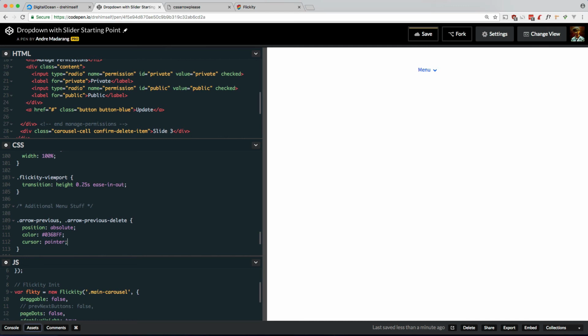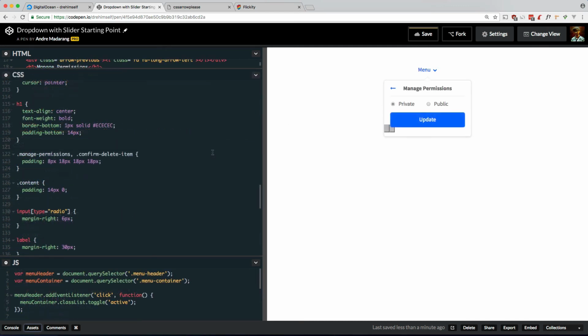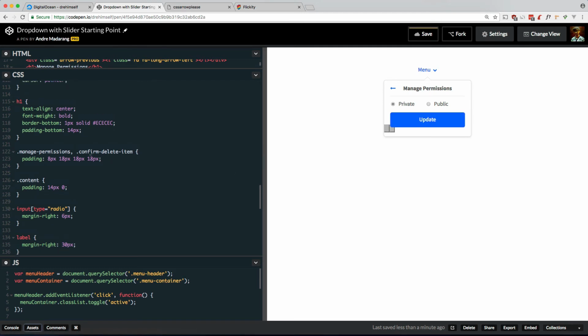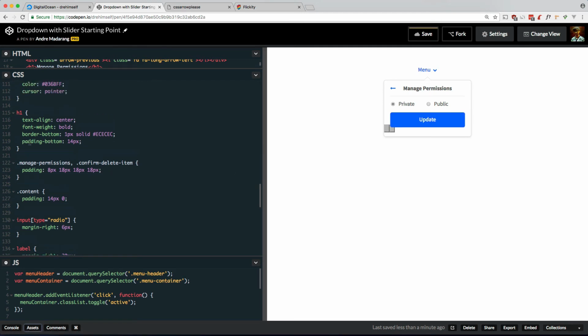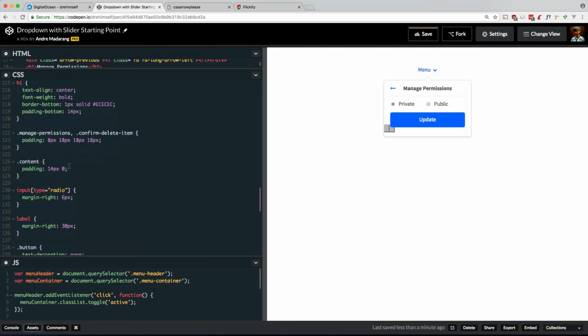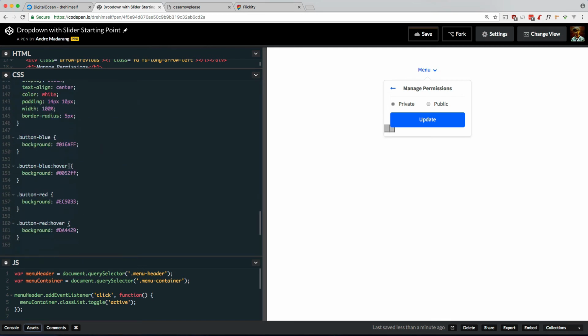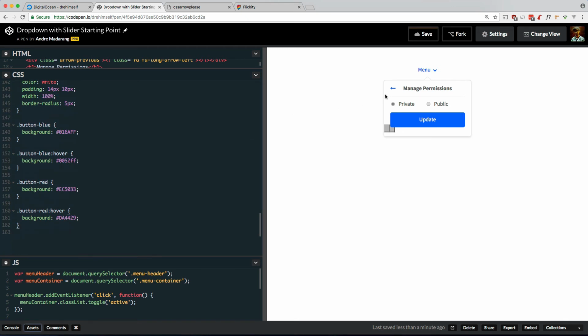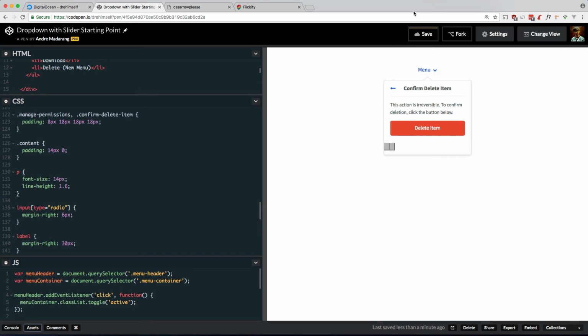Okay. So I don't want to make you sit through that CSS. So here's the end product here. It's pretty straightforward. You can just go over the code here. And I'll make the code available definitely on CodePen. I'm going to pause it again and I'm going to work on the other menu. And here's the end product for the delete menu. So the next thing I want to work on